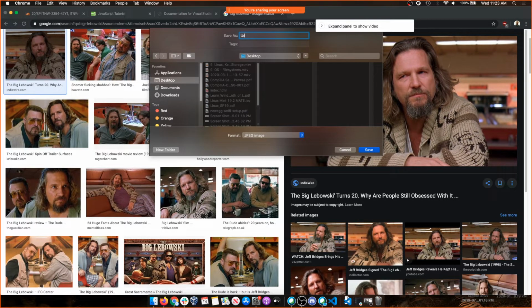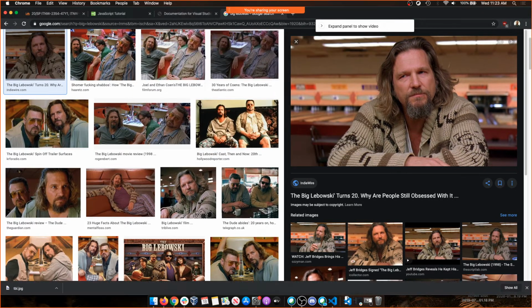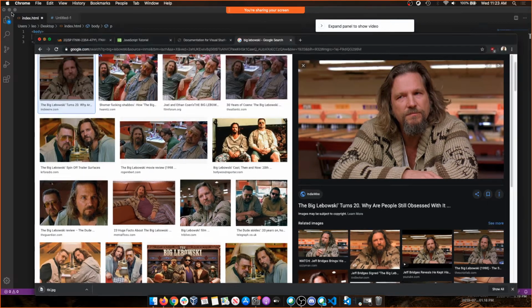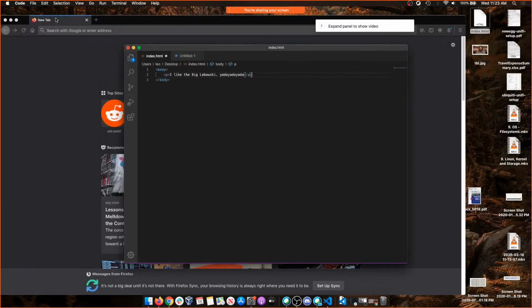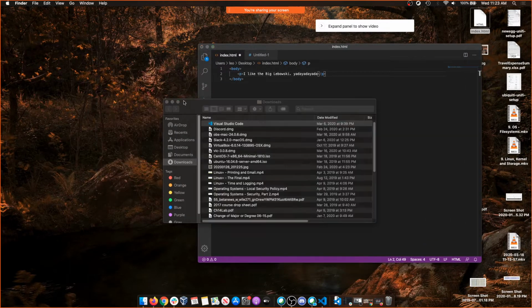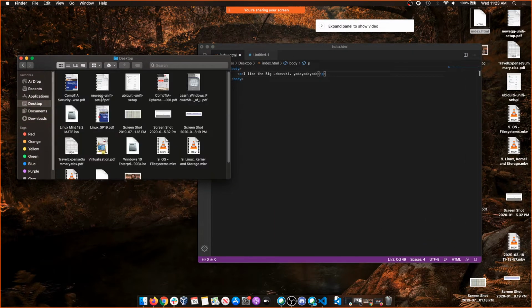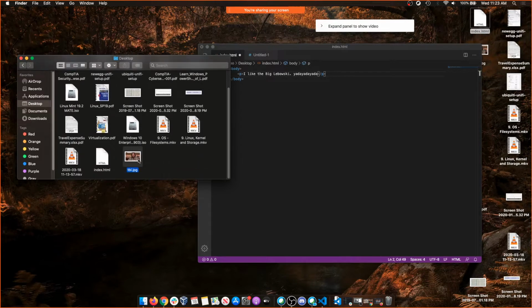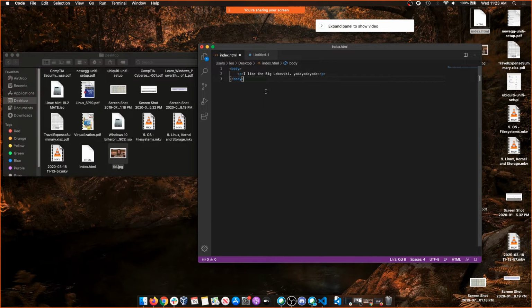The Big Lebowski. Smaller so I can deal with all this. So I've got that image now. You can do something like img src equals